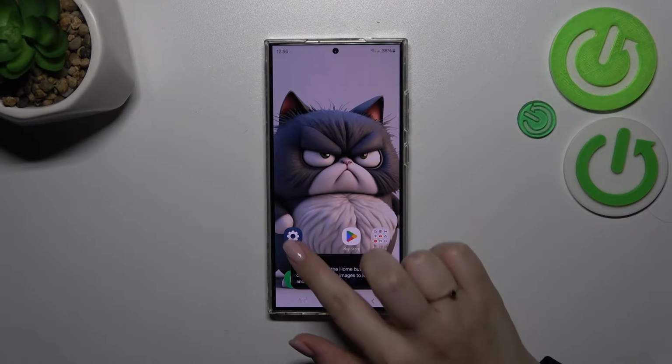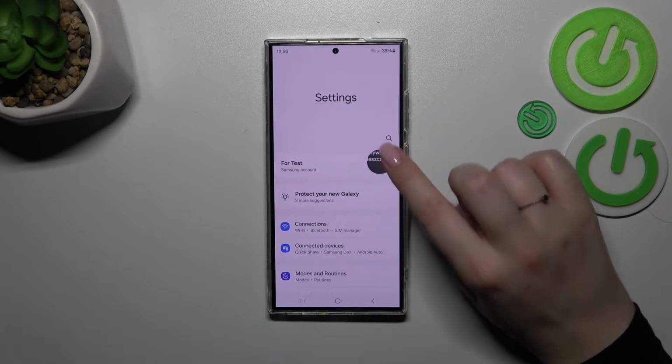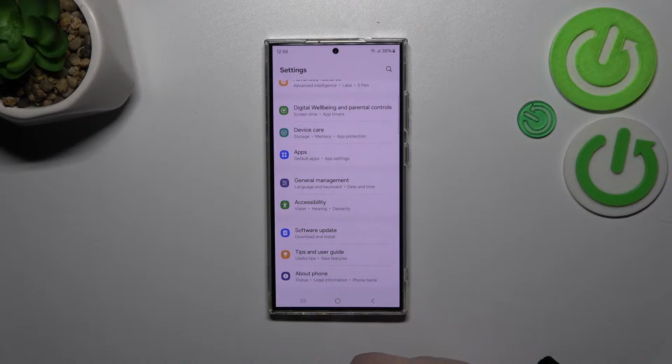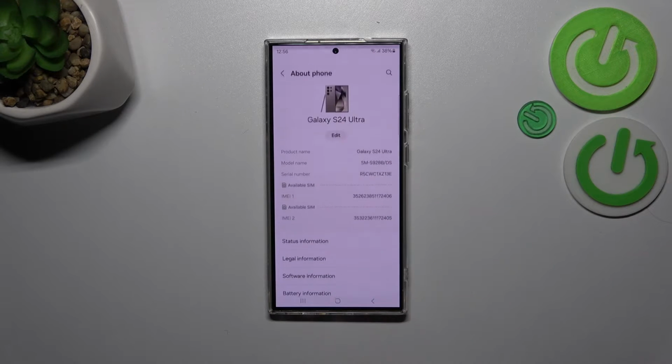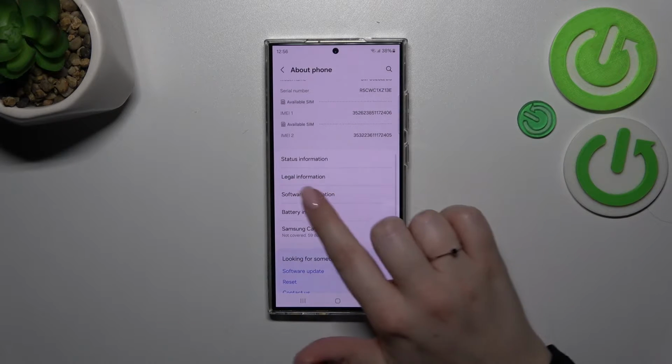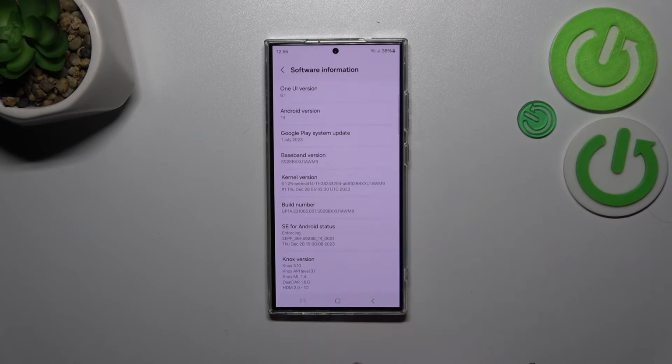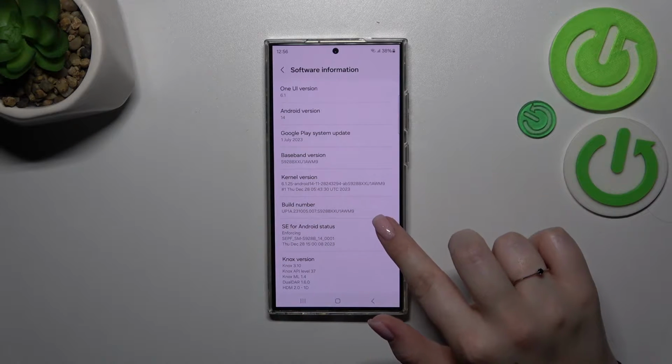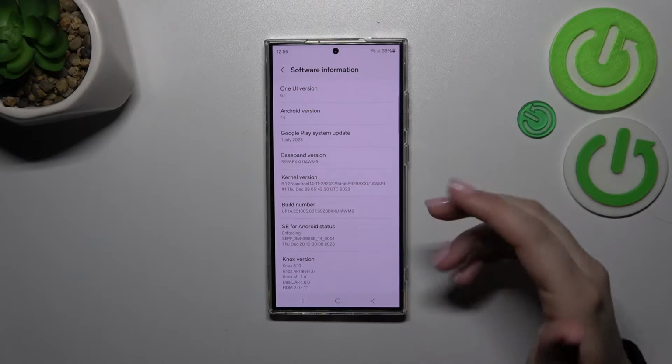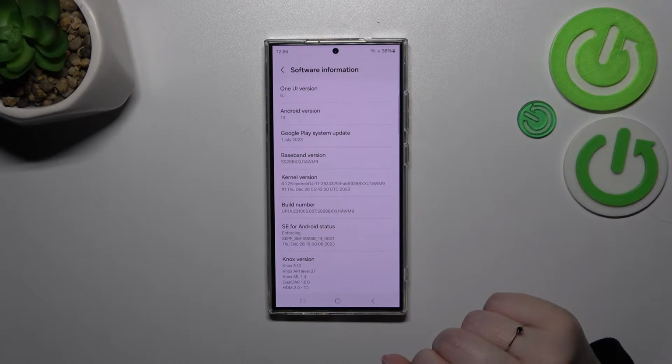So let's start with opening the settings. Let's tap on them, and here we have to scroll down to the very bottom to find About Phone. Now let's enter software information here and localize the build number. It is crucial to find it because thanks to it we will be able to actually activate the developer options,